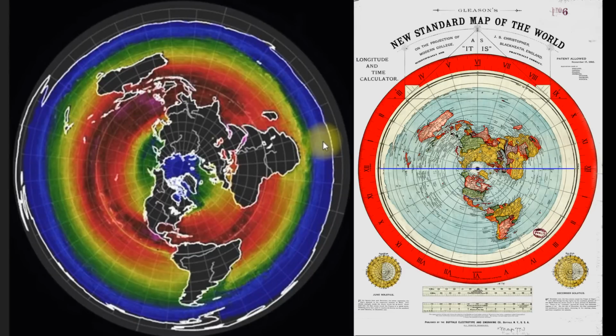We find the evidence here on this heat map. As I said, something happens in this region here that is always hot. So it has to be the sun circling this region here. We have already demonstrated how the Gleason's AE map is correct. This is the layout of the continents. And if we have high temperature here always at the equator, it's because the sun has to be circling in